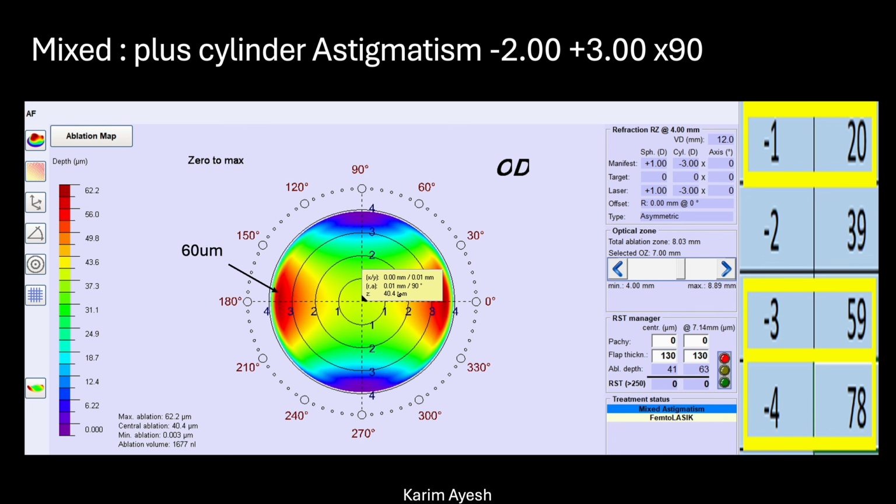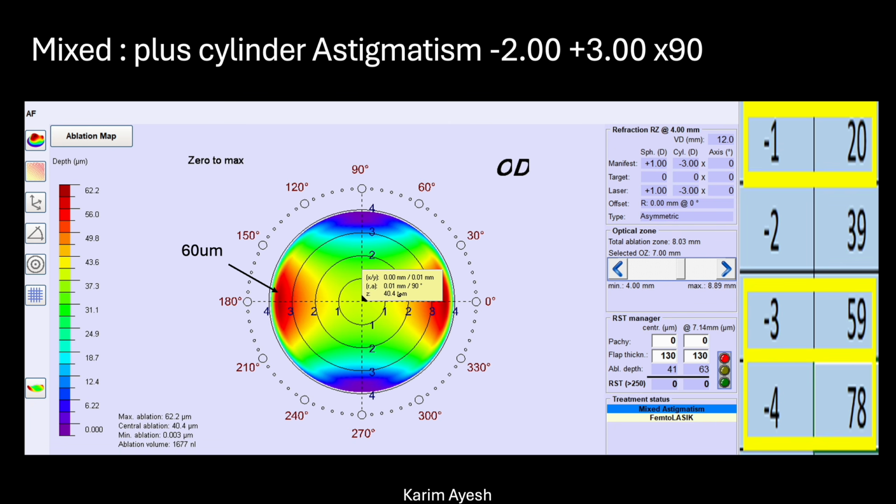Right. I just entered this refraction: plus 1, minus 3, 180. I found the central area is 40, the peripheral area is 60, and here is this meridian, 90 is 0. In between is the transition zone. Central area 40, maybe 2 diopters ablated in the central area; 60, and 3 diopters ablated in the peripheral area